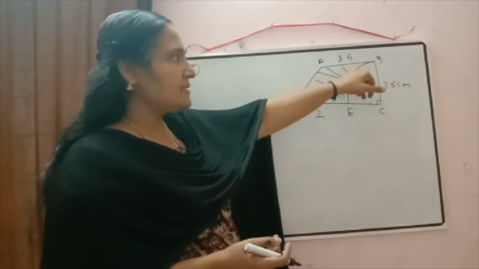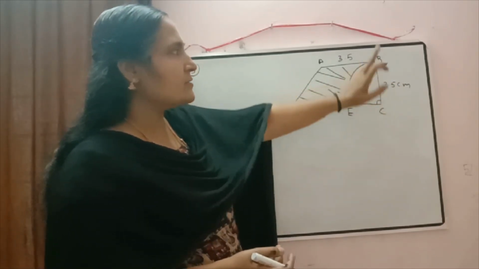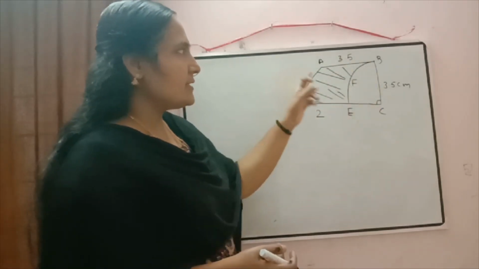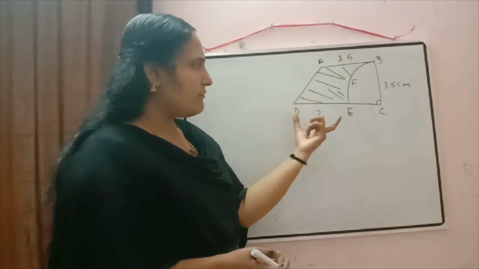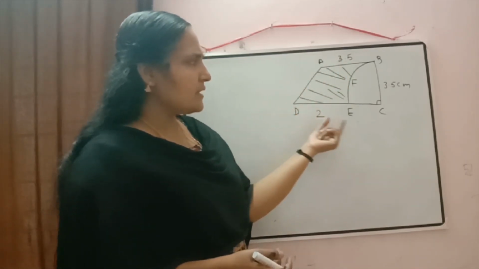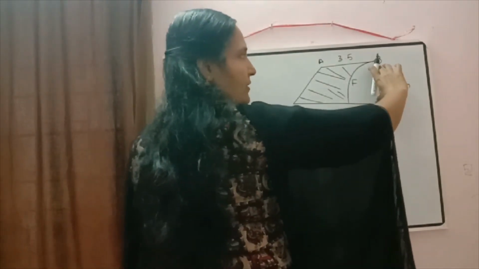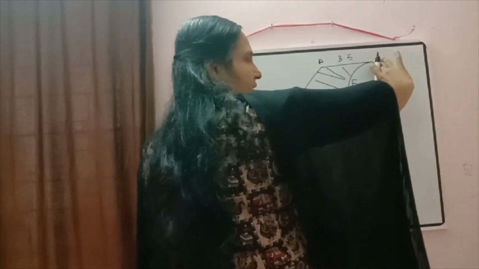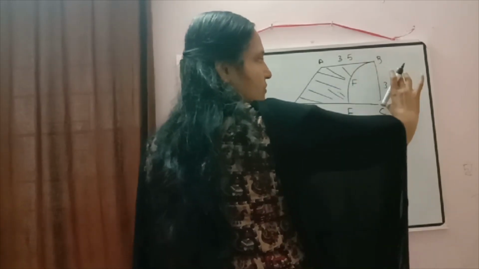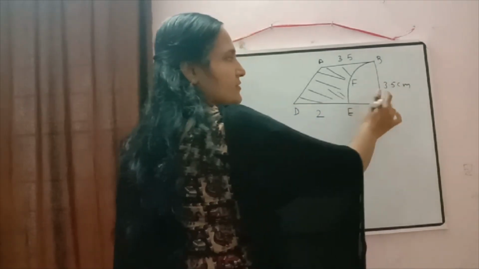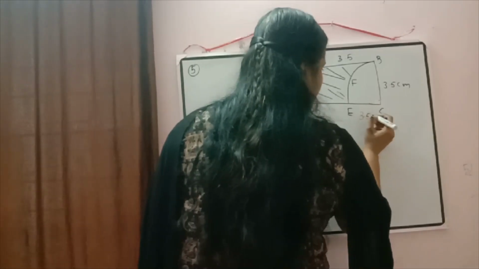Since it is 90 degrees, it is a quadrant of a circle. We know the radius also, and it is a trapezium, so we want half into sum of parallel sides. One we have 3.5 here, till here it is given 2. So can you tell me what will be CE? Yes, this is the quadrant of a circle. This is the center and this will be the radius. So if CB is the radius, CE also will be the radius. So CE also will be equal to 3.5 centimeter.